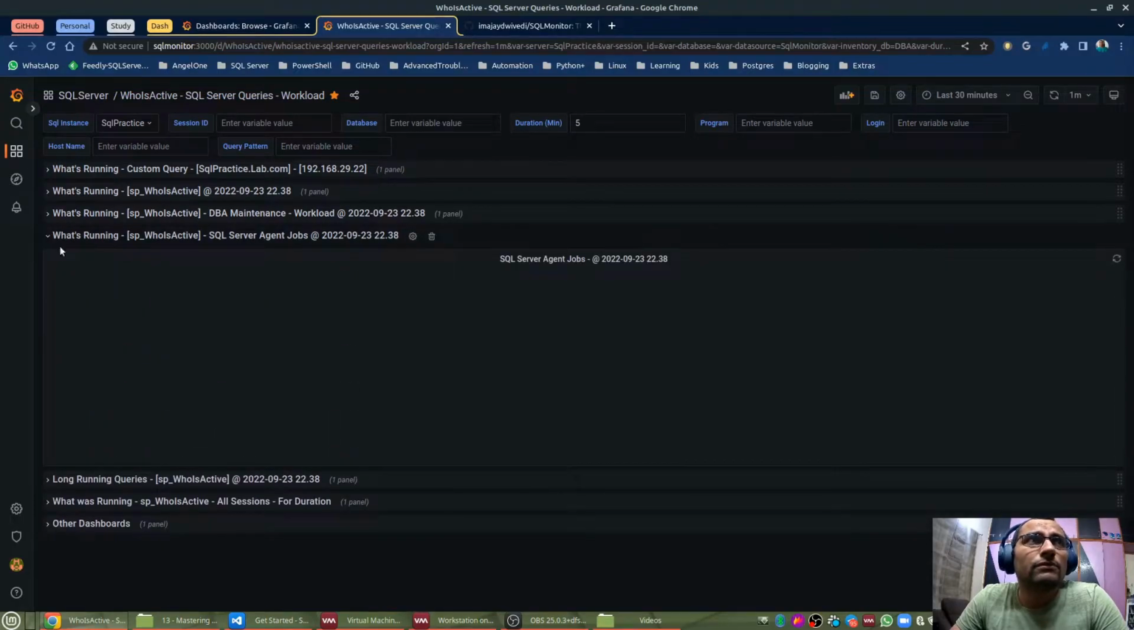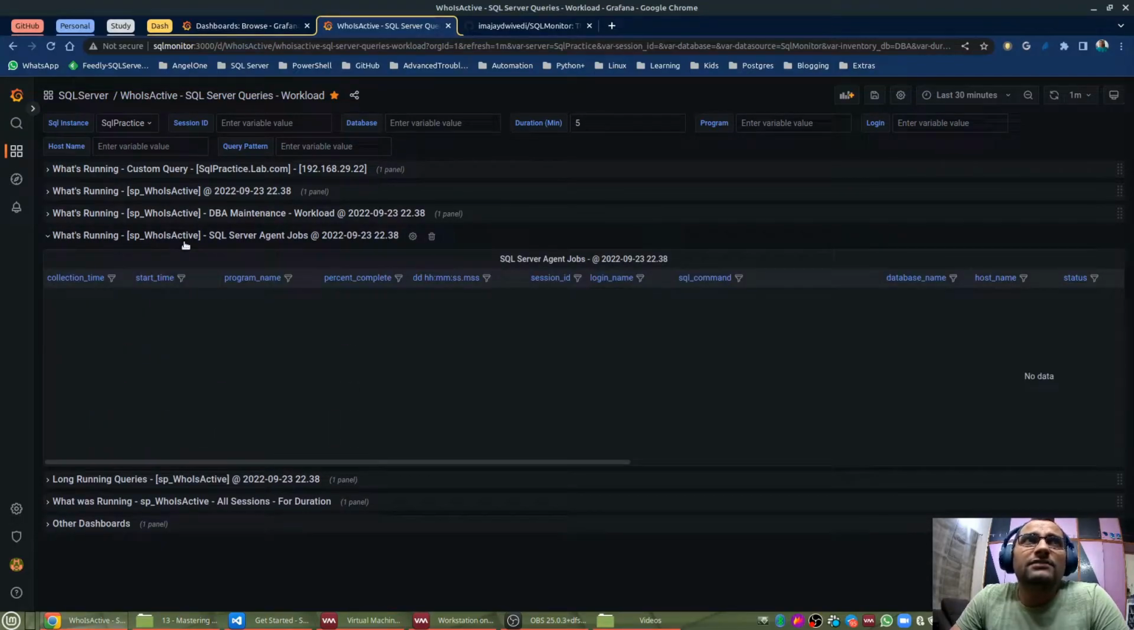The fourth row again shows similar information, but in this row and inside this panel, we will only see the sessions which belong to SQL Server Agent jobs. So, for example, in my current organization, many application activities run through SQL Server Agent jobs, and all the time